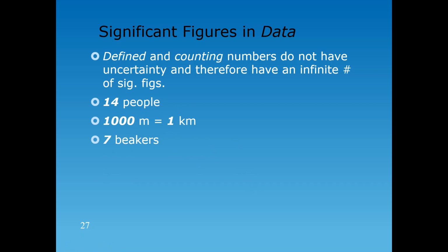So just to recap, 2 types of exact numbers. You have defined numbers and you have counting numbers. Counting numbers are obtained as a result of counting a number of items. Defined numbers are, of course, numbers that are obtained as a result of a defined relationship between different quantities. Okay, and also let me just say, again, just to recap, what they have in common is that they have an infinite number of significant figures. Okay,